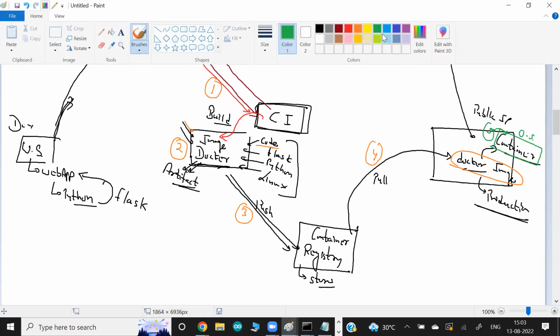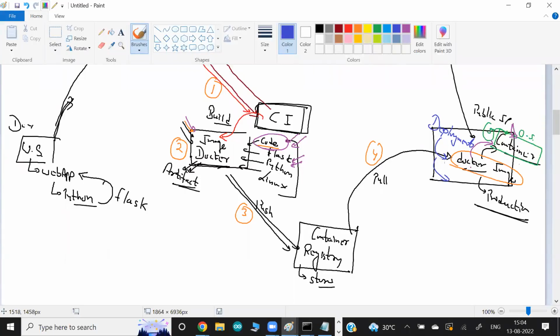What are the things we have in the image? Whatever we put in during the build. Typically, what is there in the image? We have Python and the Flask framework plus the code. It means as soon as the image runs, or the container runs, your application starts, or the application is being executed. It is also known as the application being deployed. So in this 5th step, the final step, it will be your final deployment part. Your application will be deployed